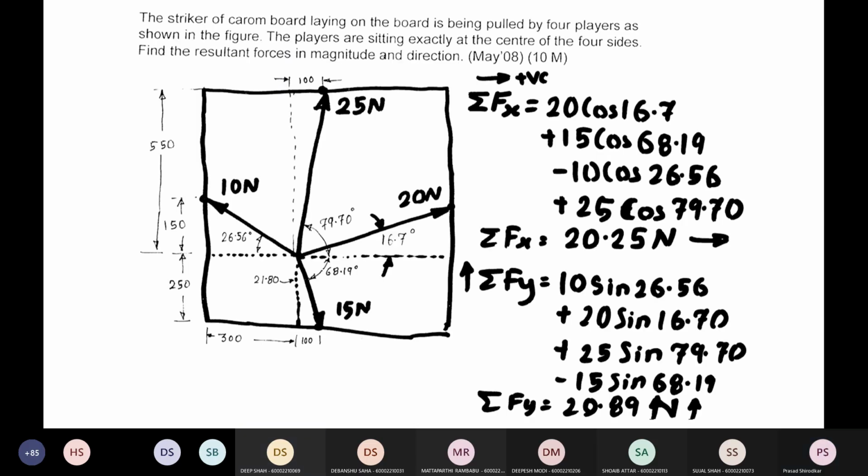So resultant will be square root of summation fx square plus summation fy square, and that is equal to 29.09, and theta will be tan inverse of summation fy by summation fx, and that is equal to